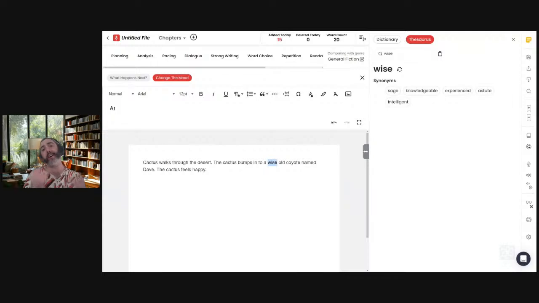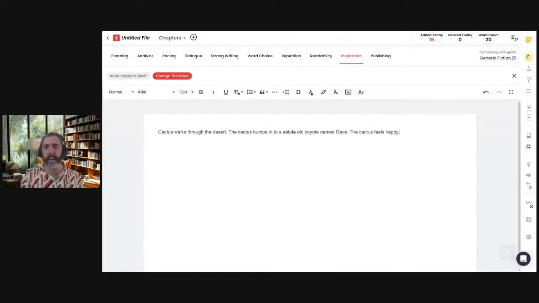It shouldn't just give you a laundry list of every synonym that could possibly have to do with wise. So it has knowledgeable, experienced, astute, intelligent. And if you like astute, you can go ahead and click that. And now it moved it right in. And of course, it'll give you more options. It'll refresh if you want to keep thinking about it, for sure. So yeah, that's a great little tool.